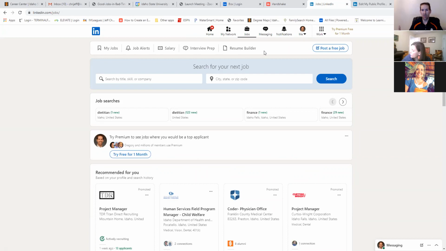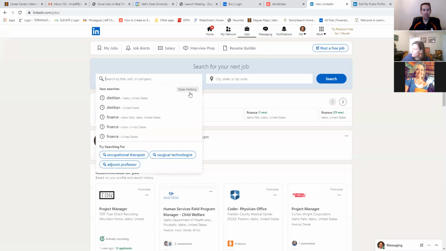I think they're trying to make it a little bit more mobile friendly, because there is an app where you can do LinkedIn on the app. I prefer the desktop version just because it's a little bit more robust, but they have changed a few things based on that. So in our search,